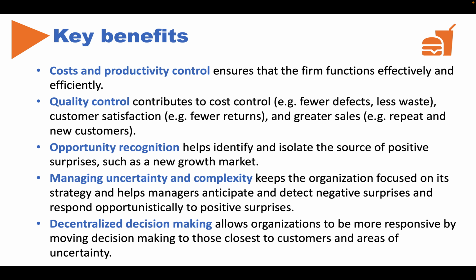Fifth and final area of benefit is related to decentralized decision making. Decentralized decision making happens when the organization pushes authority and decision making down to those who are closest to the action. Organizational researchers have long been saying that performance will happen at the highest levels when those individuals and areas that are closest to the customer and closest to the pockets of uncertainty have the ability to respond to them quickly.